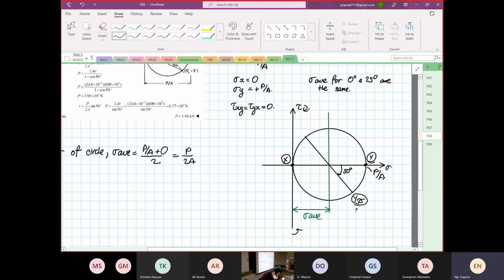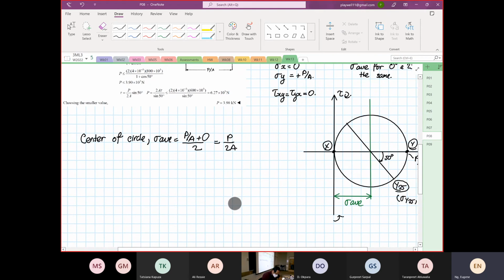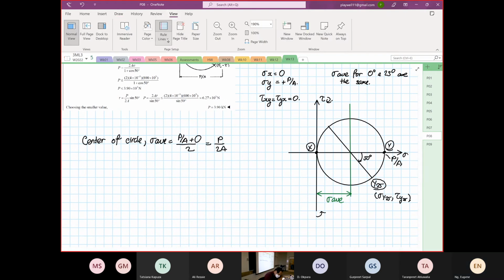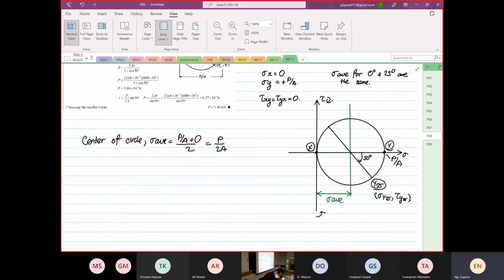find my normal stress Y25 and we can determine our shear stress Y25, because we know the critical geometry. So from here we are aware that the radius of the circle, we're also aware of this, that the radius of the circle, hold on, let me,